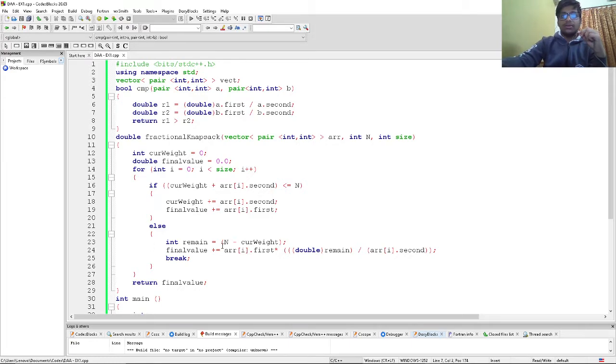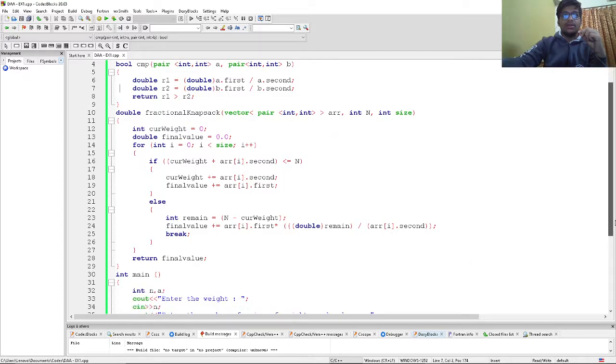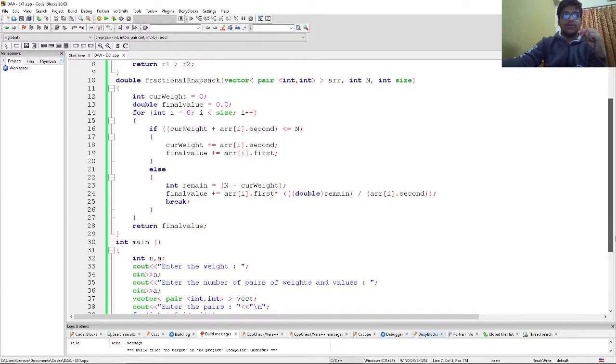Otherwise we have to take the remaining, n minus current weight, and final value plus equal to array of i first times the remaining divided by array of i second. If so, break, and otherwise return final value.